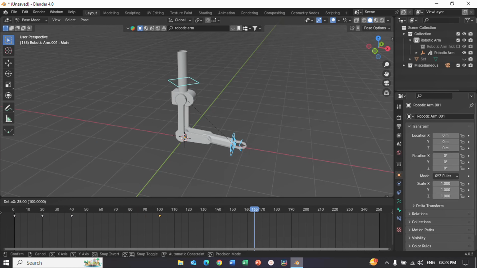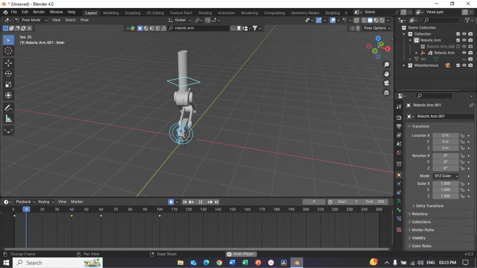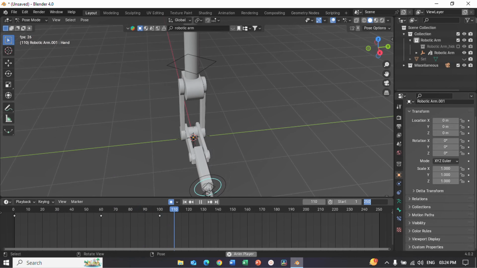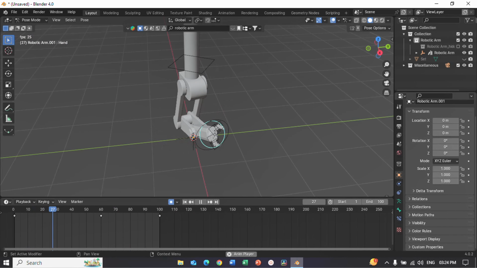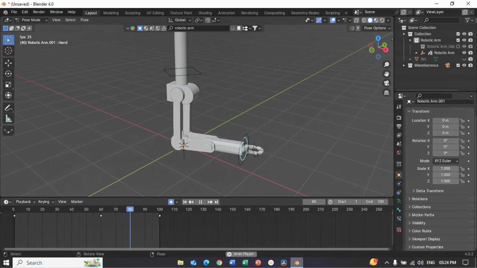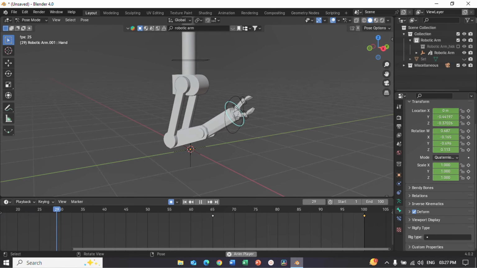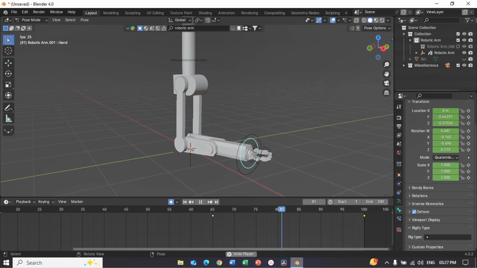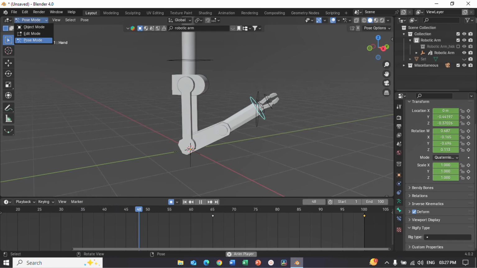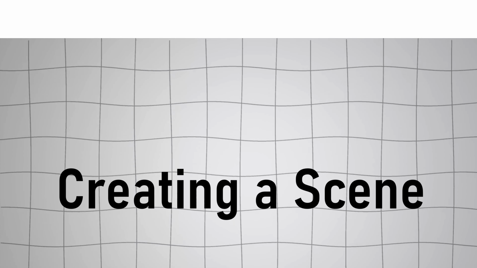Seems like I need to delay this to 100 and this one to 60 and this one to, let's say, 40. Now let's look at the animation. Now everything looks even better. Okay, now let's keep the frame end at 100 and now this is exactly where our animation ends. And now let's work on the other aspects of this animation. So let's get out of pose mode to object.